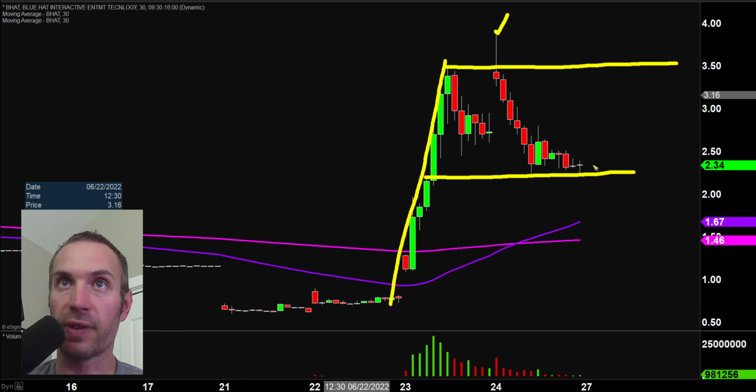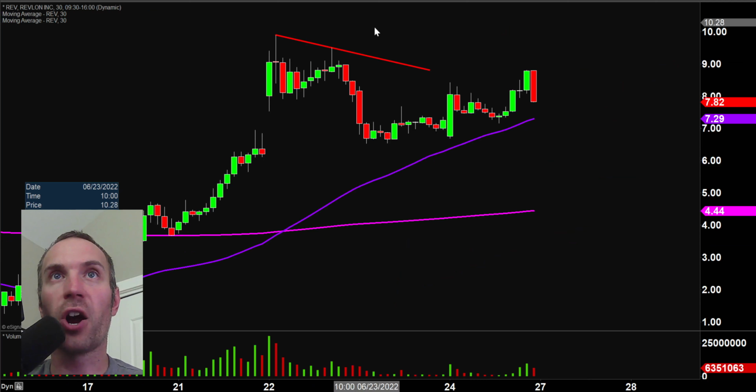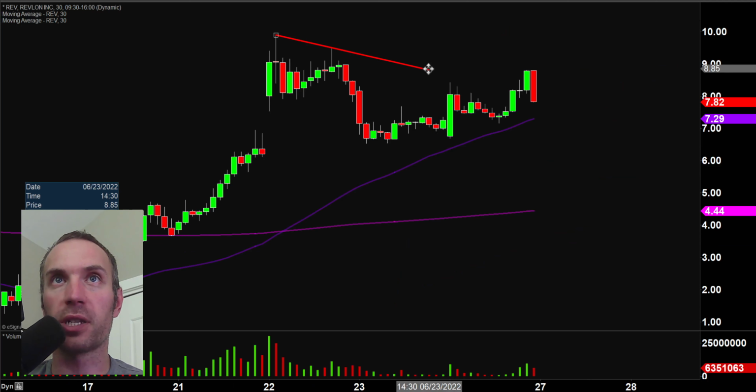So it'll just be a question of, can the bulls recover off that area of support and then get up? So that's question number one. Can this bottom part of the pattern hold? And then question number two becomes, can the price push up through there and potentially get a good bull flag breakout? Next one here, REV, and the first part here, which is interesting, is I got to extend this level